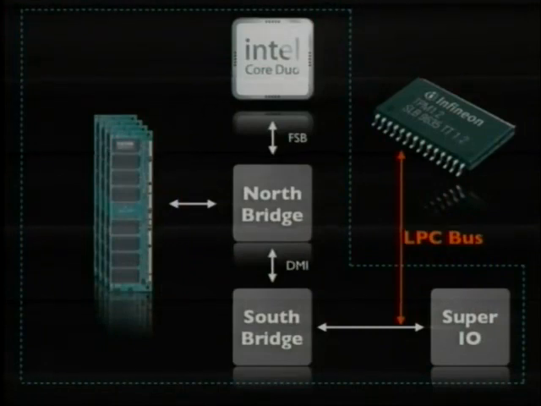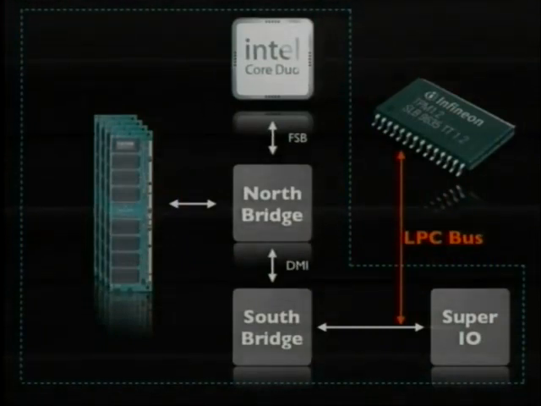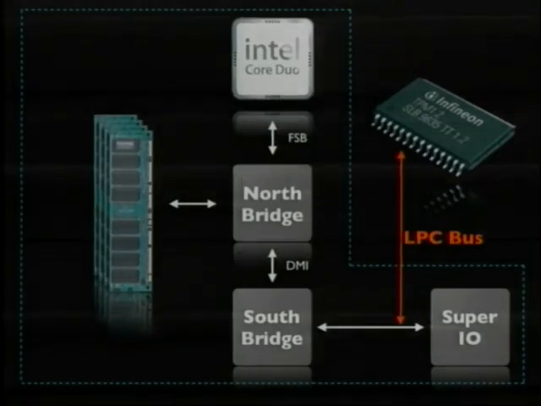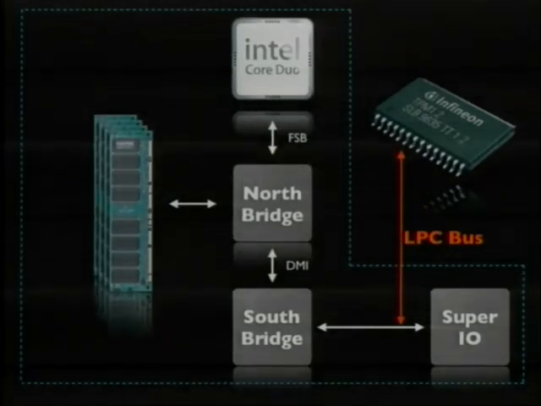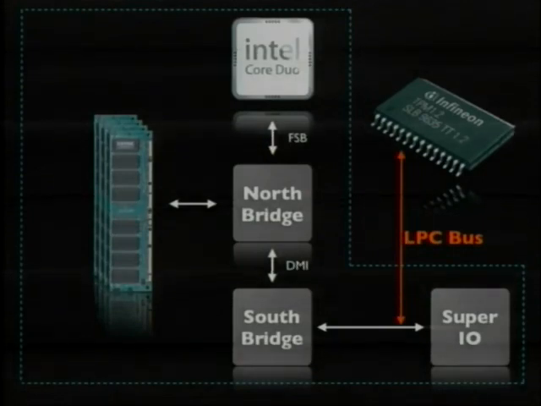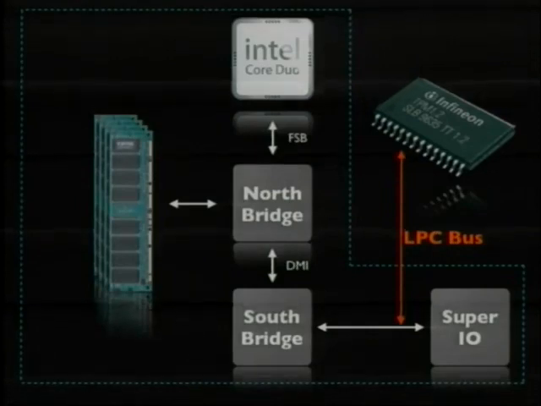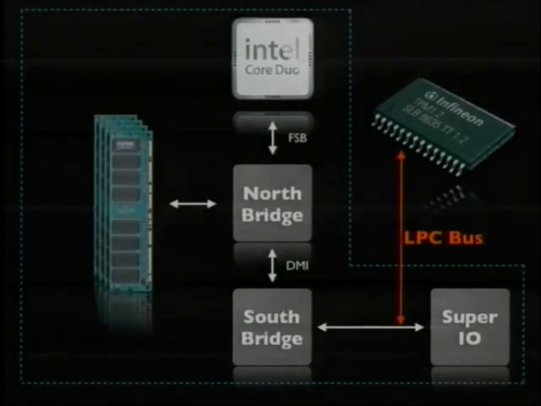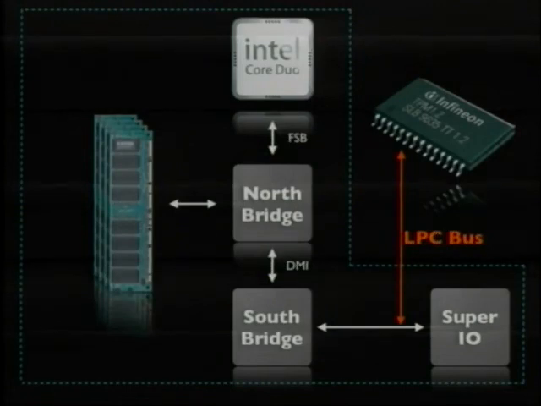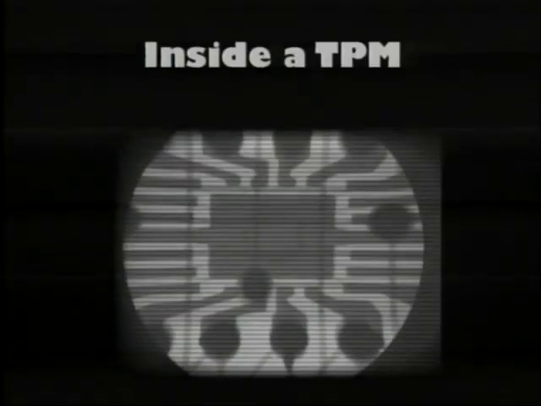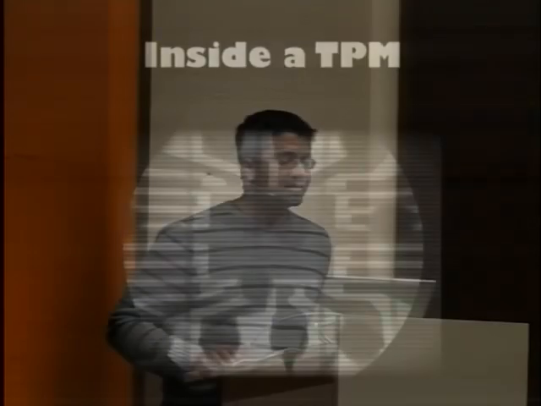But in machines that do have this, it just sits on the LPC bus. It was actually not required to be on the LPC bus earlier, but the new specification, TPM 1.2, requires it to be on the LPC bus. I understand most people know, but that's not even important. Now, what's inside it? I think the easiest way to think of it is that it's like a smart card, except you carry a smart card and this is on your motherboard.